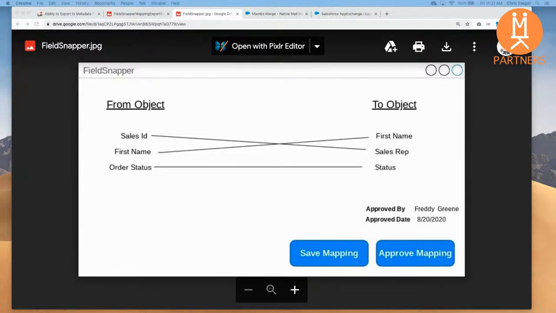And that way, the user just has to select the two objects from the drop downs. All the fields will be populated, and then they could just start drag and dropping and making their mappings. Is that kind of the idea there? Yeah, that's